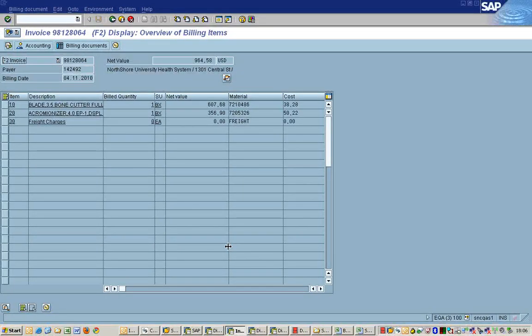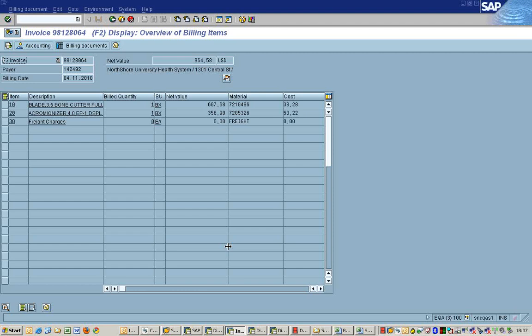Now we will be looking at EDI processing. EDI processing can be of two ways, inbound and outbound. Inbound transactions are those wherein documents are posted into the SAP system, such as a purchase order from a customer or a picking request confirmation from the warehouse. These are inbound. Outbound are order confirmation to customer, delivery note to customer, and an invoice output to customer.